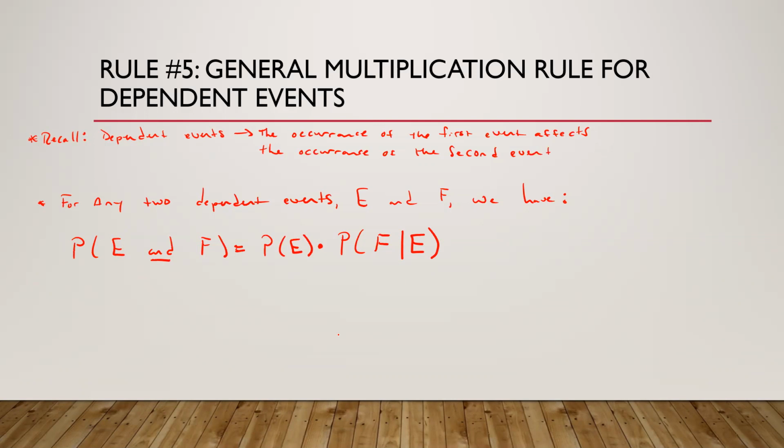The formula looks a little complicated, but what I want to do in class is show you a way to tackle it with intuition instead of getting bogged down in formulas. Because sometimes with probability, when you get bogged down in the formulas, it's complicated. So I just want to do one example.